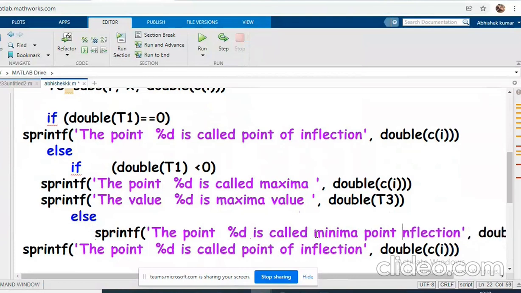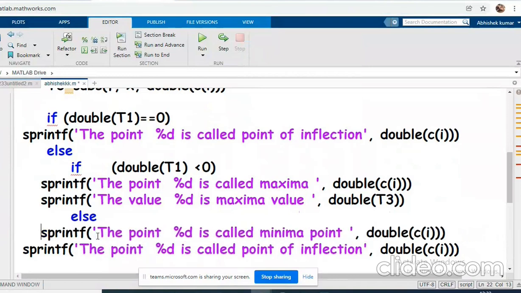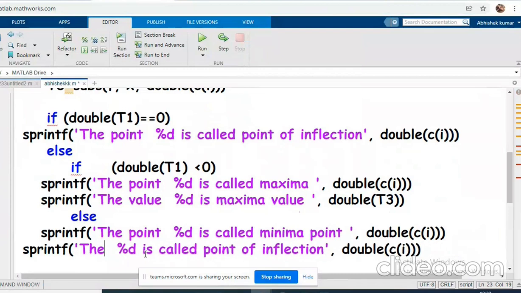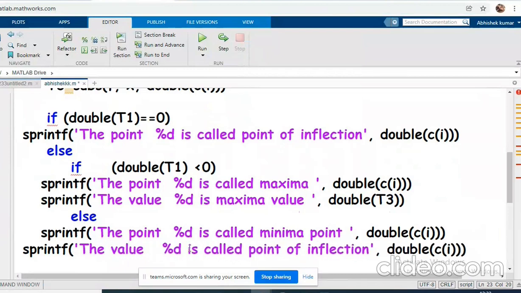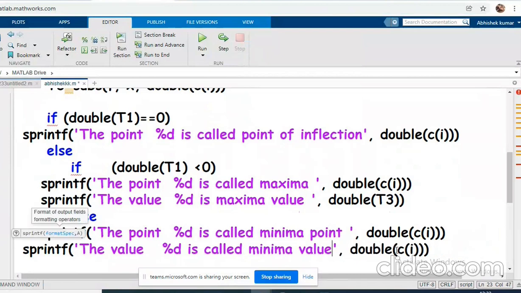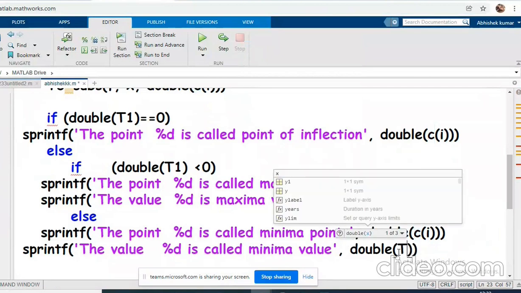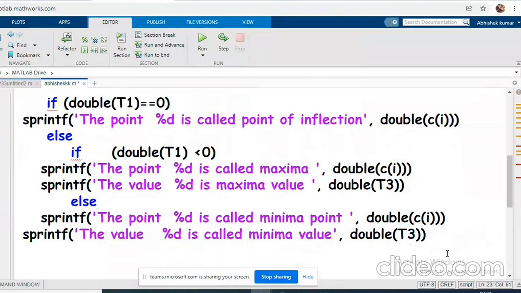And the corresponding value percentage d is called minima value. So the corresponding T3 value at which T1 is greater than 0 will be the minima.